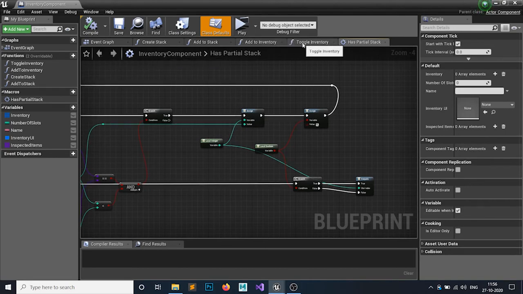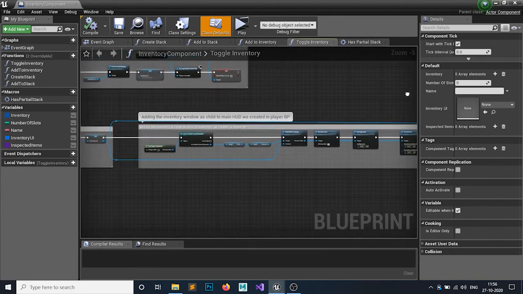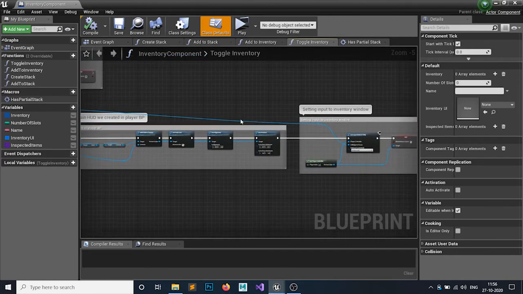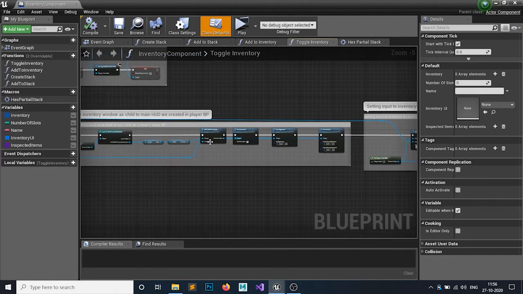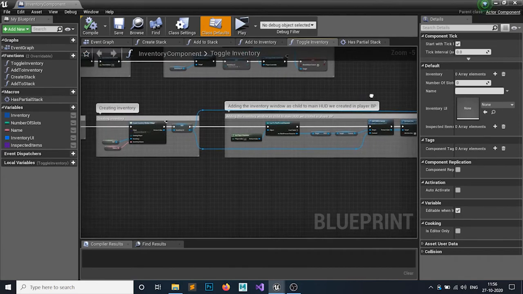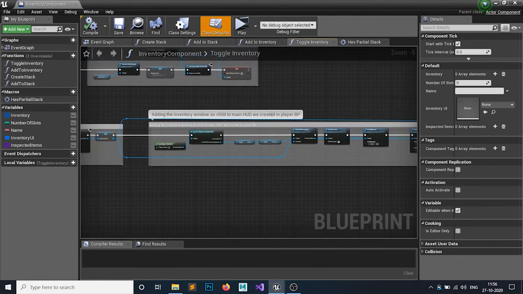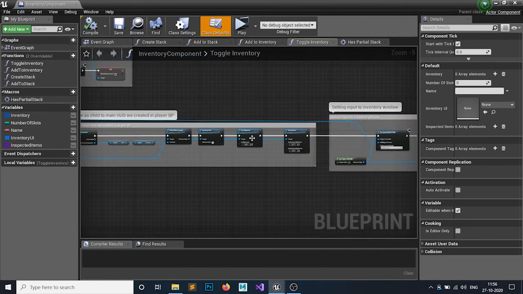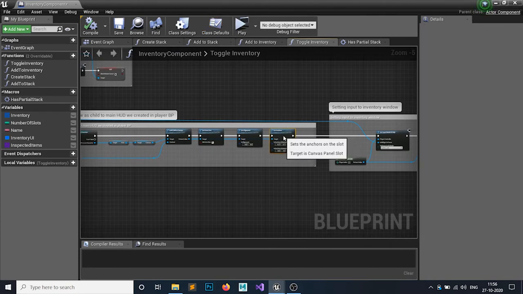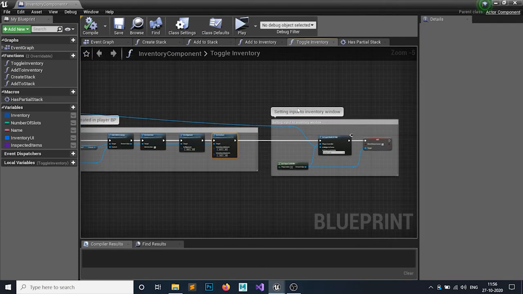If you toggle your inventory, you can see the toggling part, where we are adding it to our player HUD as a child. We are setting the alignment and the anchors. But I don't think the anchor point is the best way to position it.